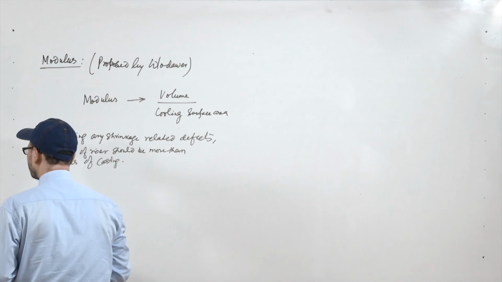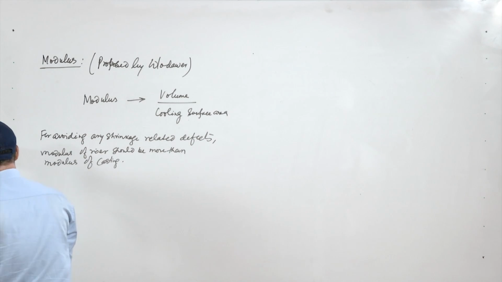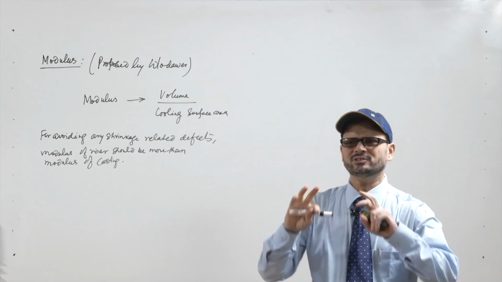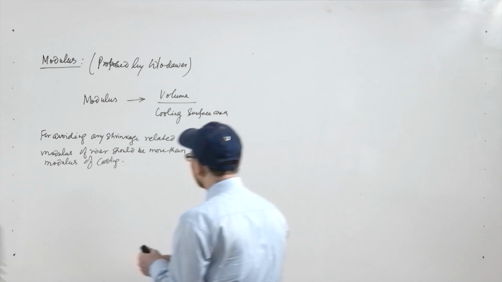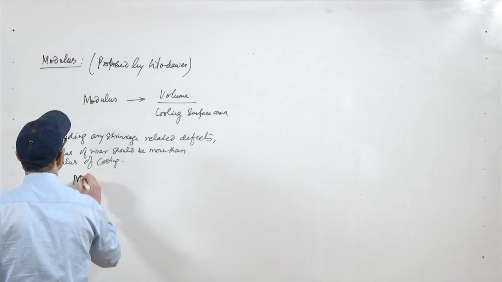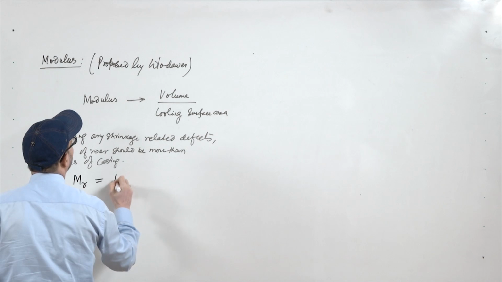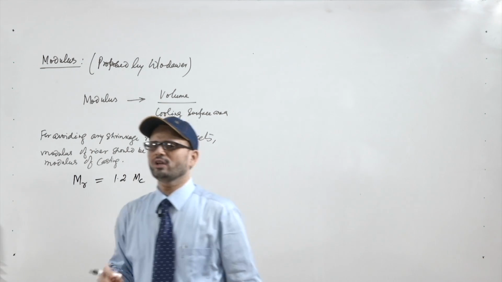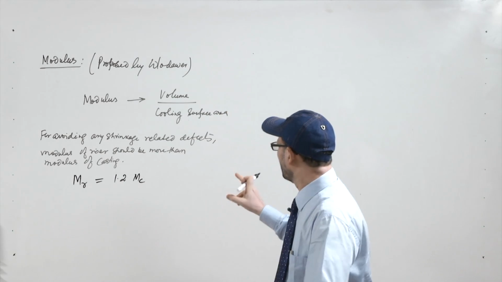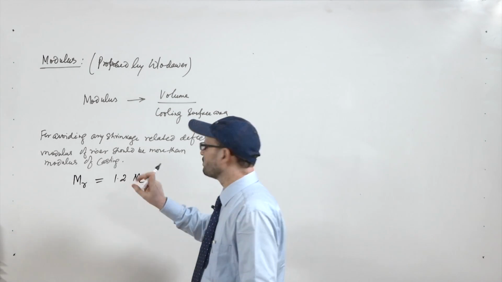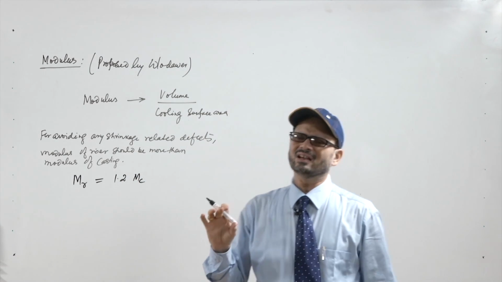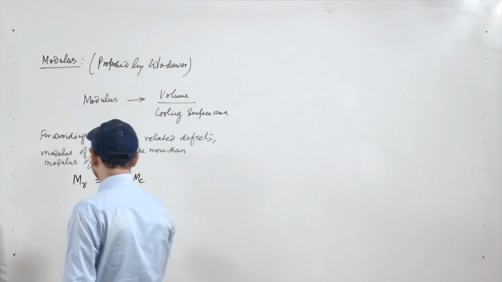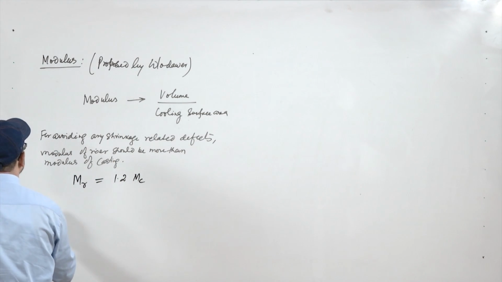So, it was suggested that it has to be more, and a typical value of 1.2 was seen to be satisfactory, and they told that modulus of riser should be somewhere near 1.2 times the modulus of casting. So, if the modulus of the riser is 1.2 times the modulus of casting, in that case the casting can be sound. Now, if you take a cylindrical riser,